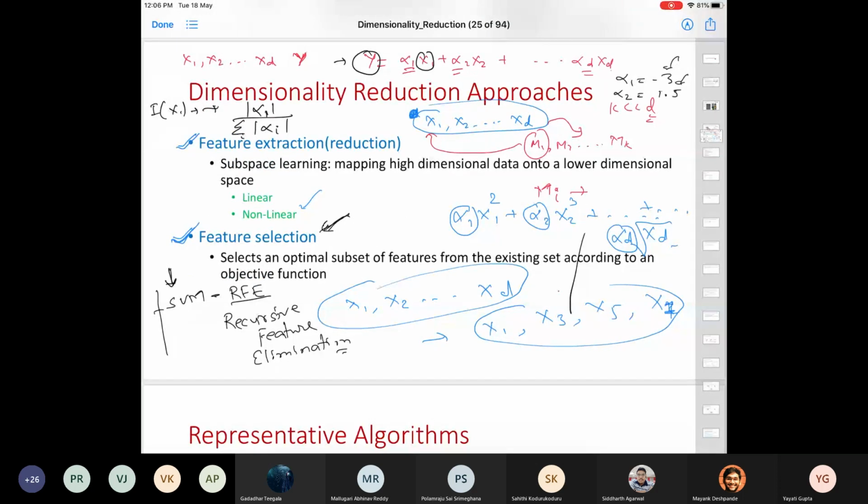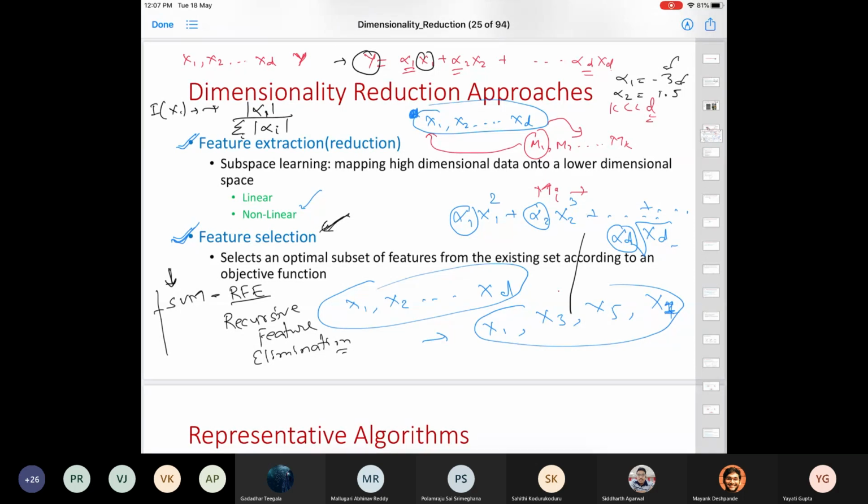Yes, sir. Dimensionality reduction approaches. Okay, so I was talking about this method, support vector machine recursive feature elimination. Similar to linear regression, it tries to compute feature importances. We will discuss support vector machines in our subsequent classes. The intuition is you compute the importance of all the features, discard the feature which is least important, and again train a support vector machine model with the remaining features. If there were D features, I would now train a model with D minus 1 features while discarding that least relevant feature.